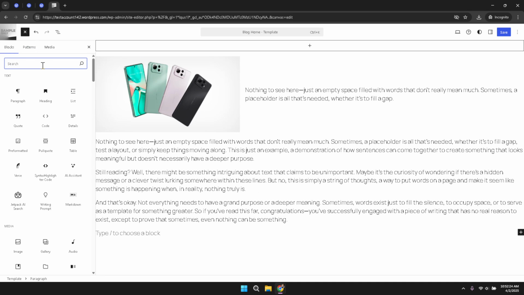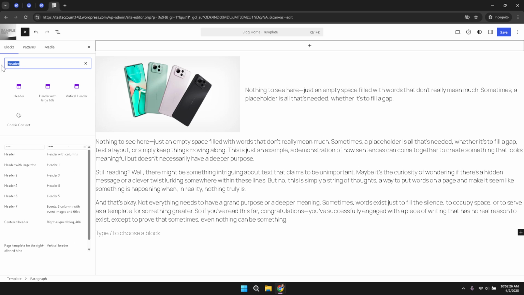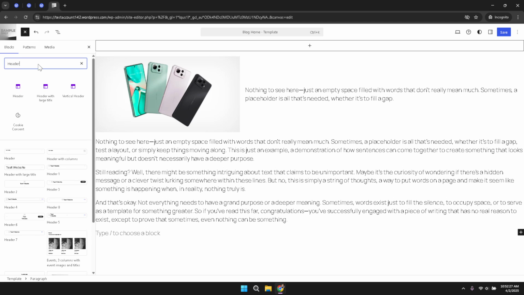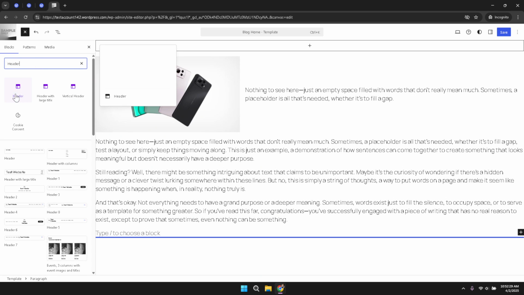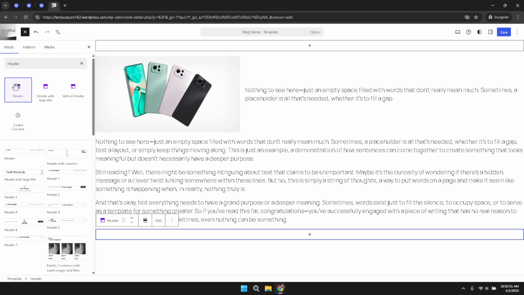Following this, you will be instructed to type in the word header. Typing in this term will help filter the available options and make it simple to locate the header option within the list of available elements. When the results display items related to headers, click on the header choice you just typed in to have it